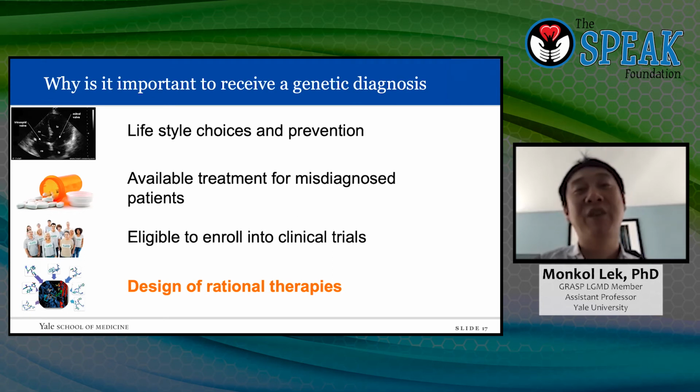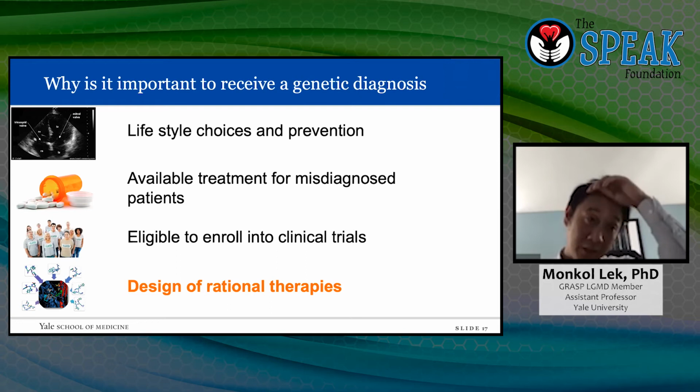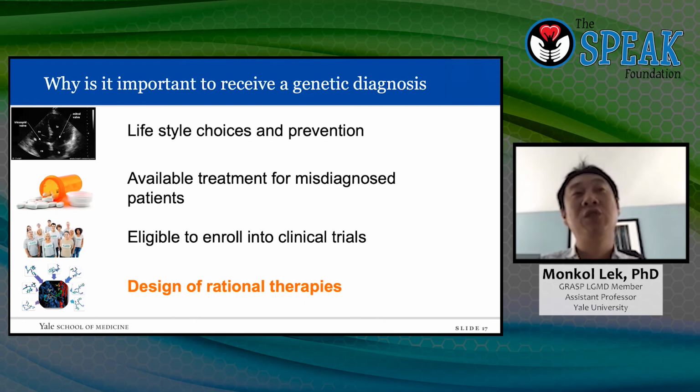The last is the design of rational therapy. I think we're living in a very exciting time of personalized medicine. This opens ideas of, if we know the exact mutation that's causing your disease, there are many different approaches we can take in patient cells and also mouse models where we've engineered the patient's genetic mutation that we can actually test. But knowing the genetic root cause of your disease, we can actually explore those options. So hopefully I've convinced people in the audience and people watching this recording